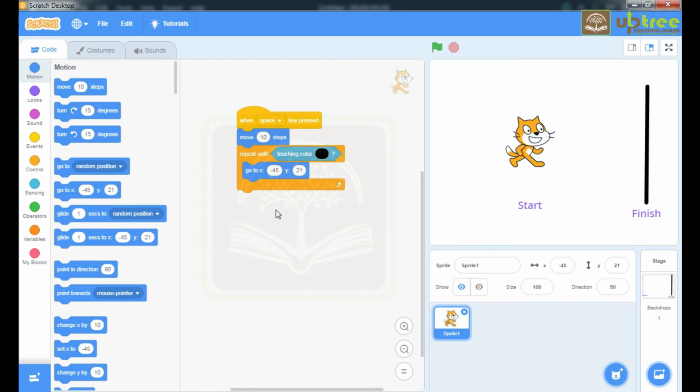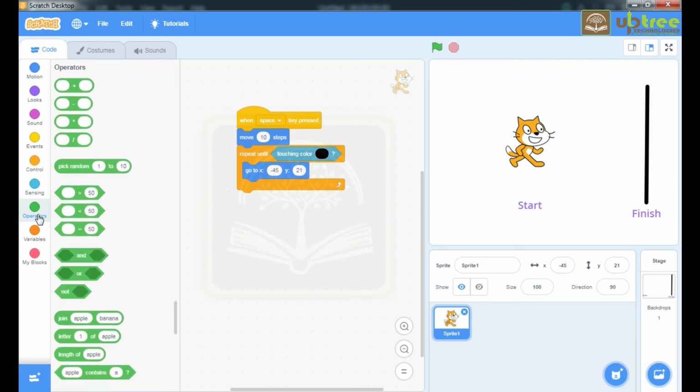Here you need the help of one operator. So I will click on this operators block and select this command, not. I will put this sensing command in this not operator and put it here. Now let's start running.